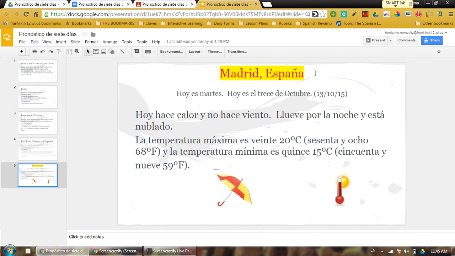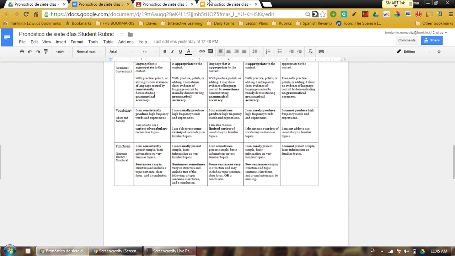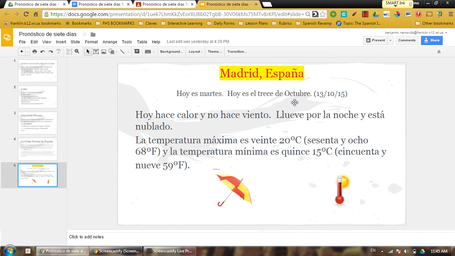So back to this, you're going to follow this general format, and if you're not making mistakes, you're going to do very well on that grammar portion. The next thing is vocab. People are going to get vocab by making sure they're including vocab words like the day, the date, and 2 to 4 to 6 weather words per day, and making sure that they're typing out 20 in letters instead of just numbers. So if you're giving me just "hoy hace calor" and "la temperatura máxima es 20," and you only give me 20 in numbers, that's probably going to be a 1.